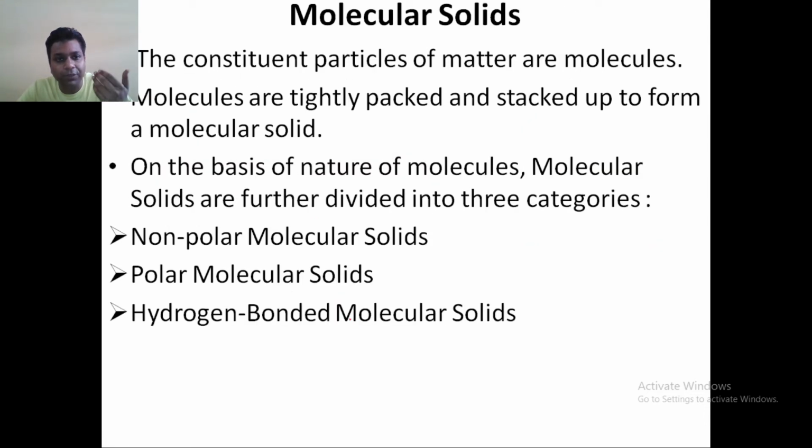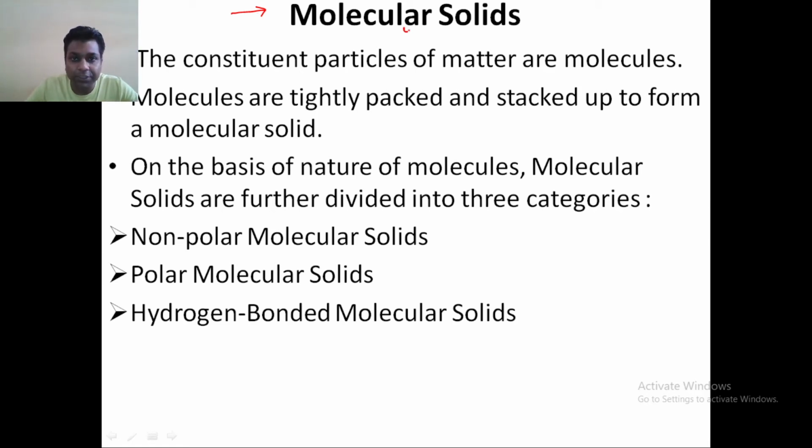First of all, let's start with the molecular solid. What do we understand from the molecular solid? To understand any topic, we first have to understand the technicality hidden behind the terminology itself. Then it will be easier for us to understand the concept, because once you understand the technicality hidden behind the technical terminologies or the topic, then half of the concept is already clear. So first of all, break the terms.